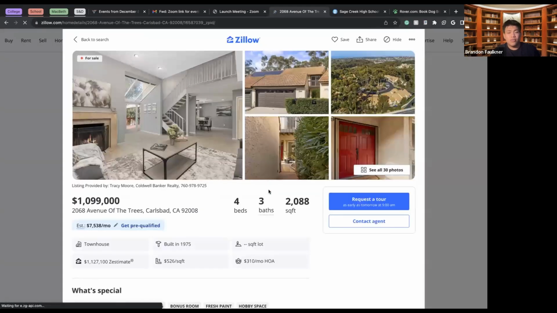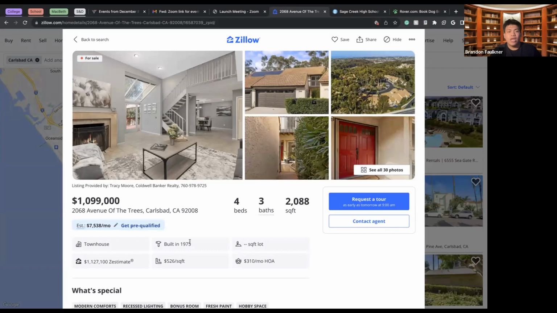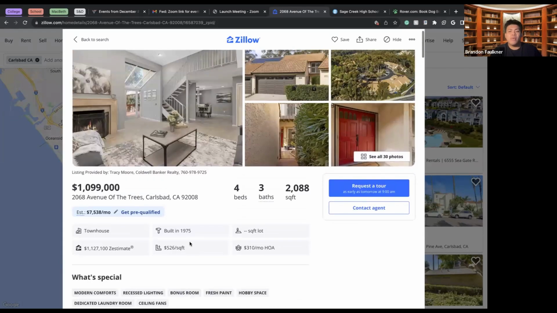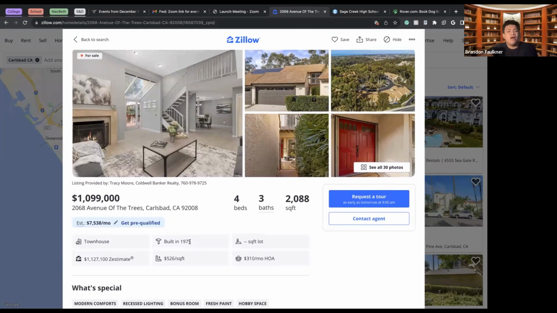So this home here that's in a local neighborhood, I can see that, okay, this home is selling soon. So I might want to outbid the person who's buying the home. This could be something that might be beneficial to myself. So let's say